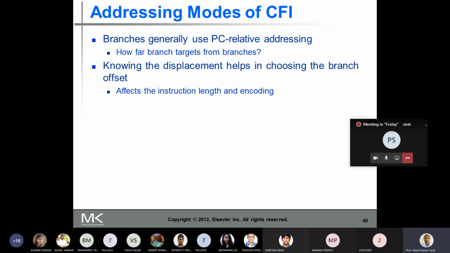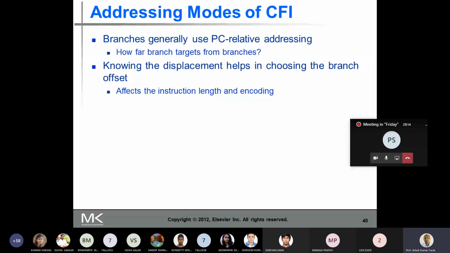There are two things: one is statically, the other is dynamically. If it is done statically, then it is done by the compiler. If it is done dynamically, there is hardware built into the system which is going to do this job. So these are at runtime. Okay, sir.